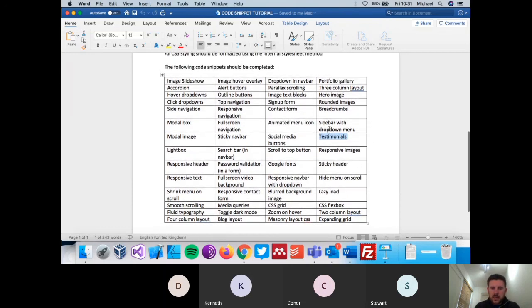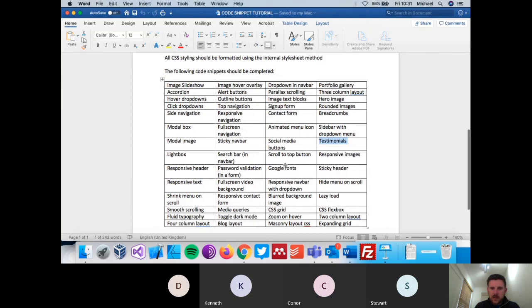But that's the tutorial, guys. Some of them may be slightly bigger than others. Okay, putting in Google font should be pretty easy. It's a line of code essentially, but I won't say any more if you haven't done that. Other things like the masonry layout,